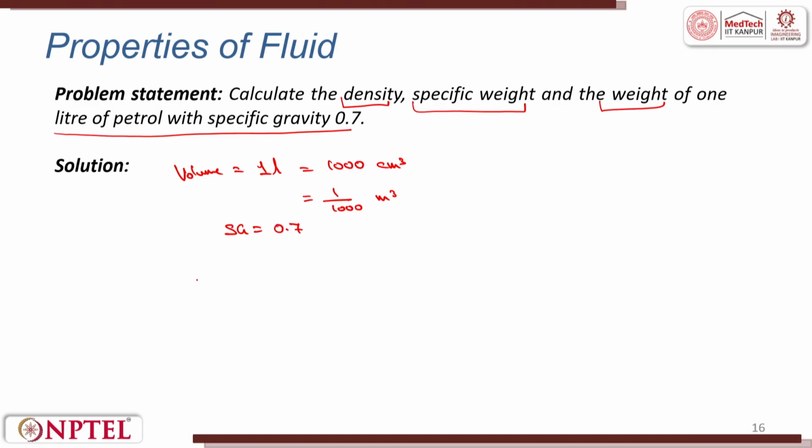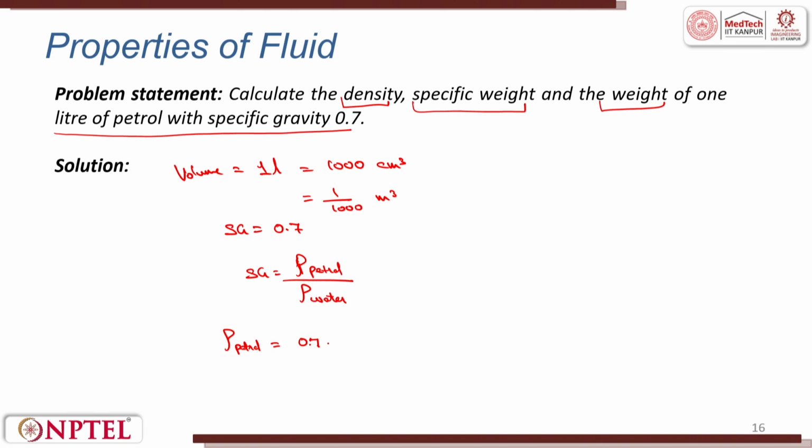That is, Sg is rho of the fluid, or here in this case petrol, per unit rho of water. This means rho of petrol, that is density of petrol, is equal to